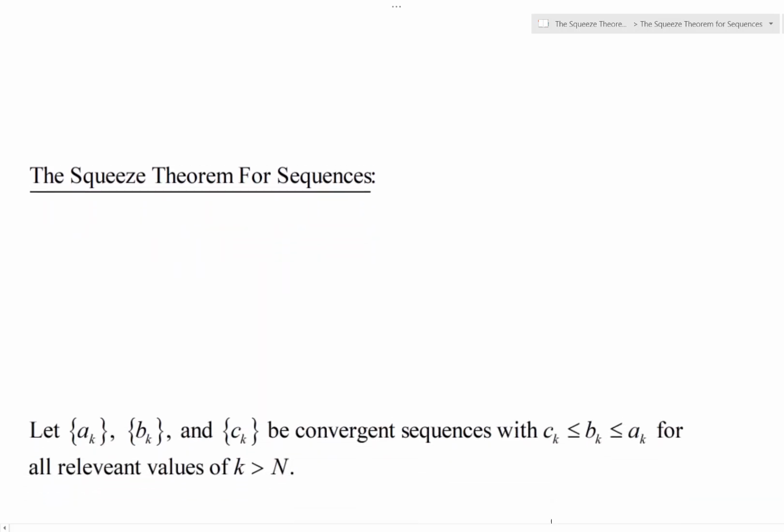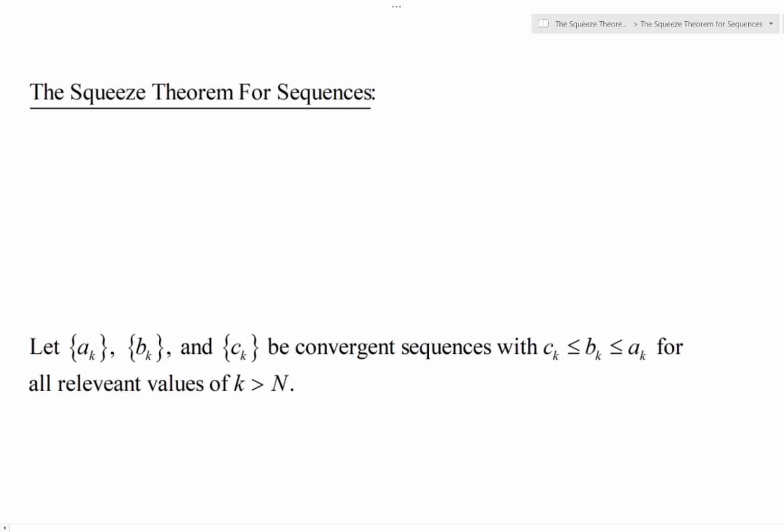Well, we're gonna consider here, we got three different sequences, a sub k, b sub k, and c sub k. And let's let those three sequences be convergent sequences. All right? With this situation going on right here that I'm boxing in, and that is the explicit formulas c sub k, b